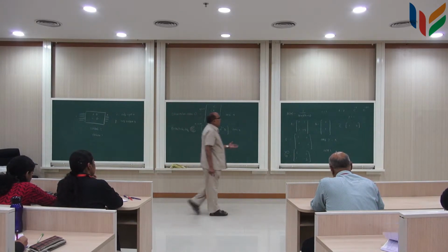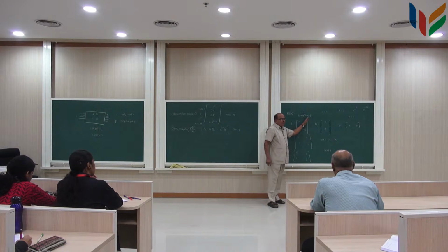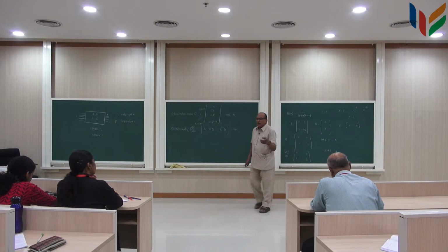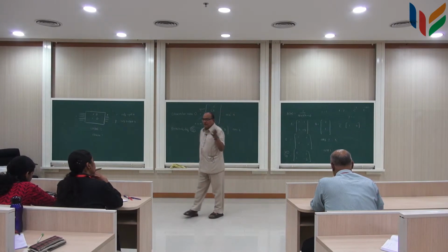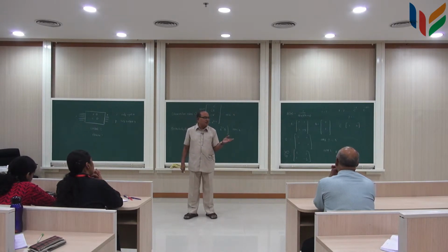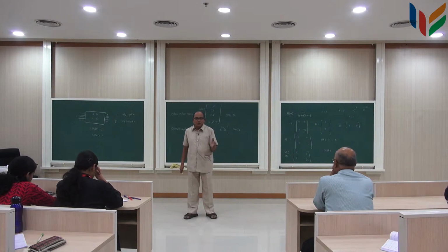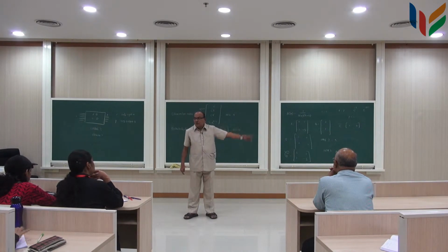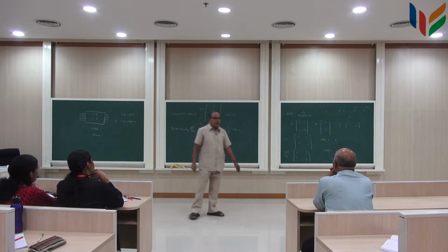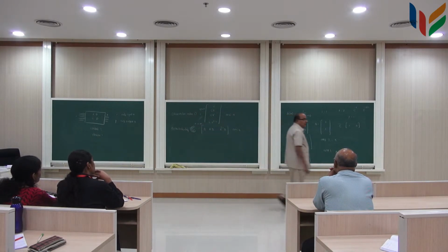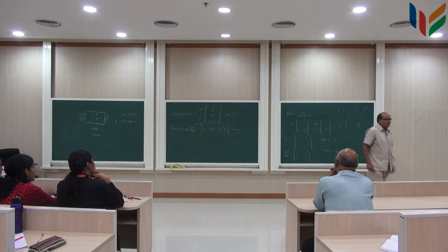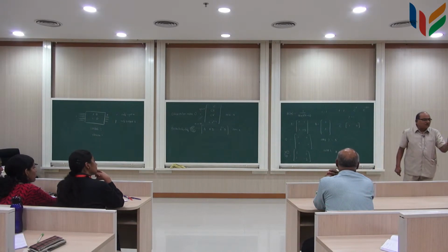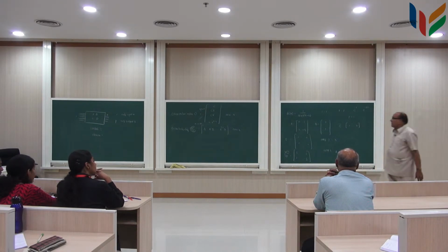The moment the poles are decided, which happen to be what? Zeros of the characteristic polynomial, which happen to be the determinant of sI minus A, which is the characteristic equation, and the zeros of the characteristic equation are the poles of this function, which decide the rate at which the decay takes place. Since it has to decay as t tends to infinity, you must have a negative real part, and hence the poles have to be in the left half plane. I am just going on repeating the same thing which we have been doing all the time.